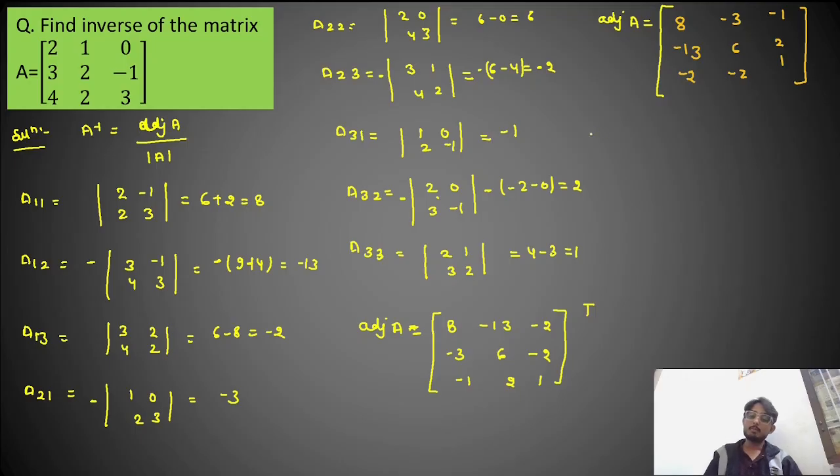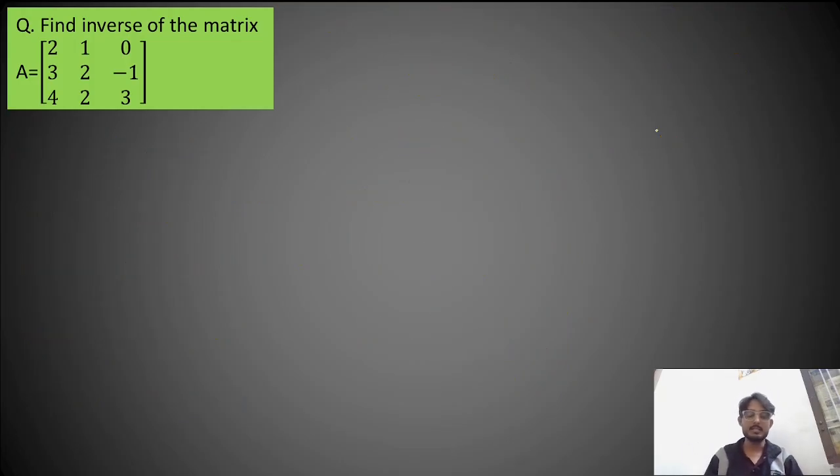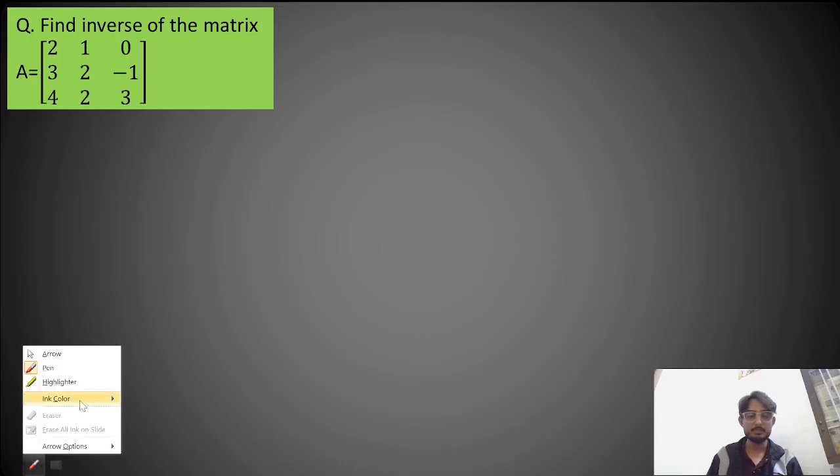Now what is the determinant of A? The determinant of A equals multiplying the corresponding elements of this matrix with the corresponding cofactors. It means A11 into A11. I will try to do it on the next page because my laptop is getting lag. Okay, this is the same question, do not confuse.